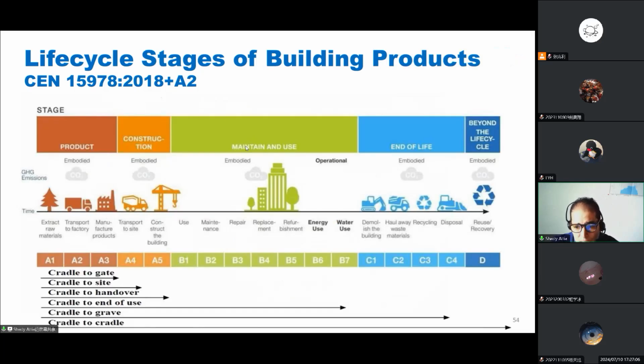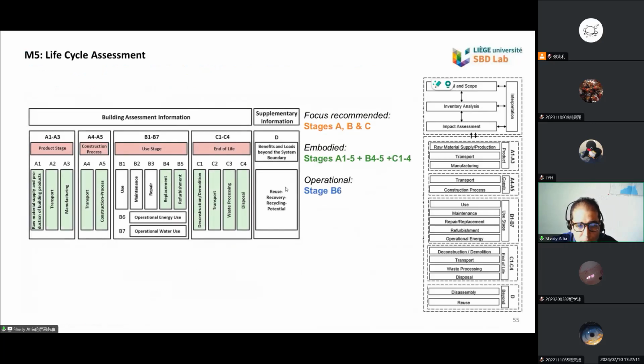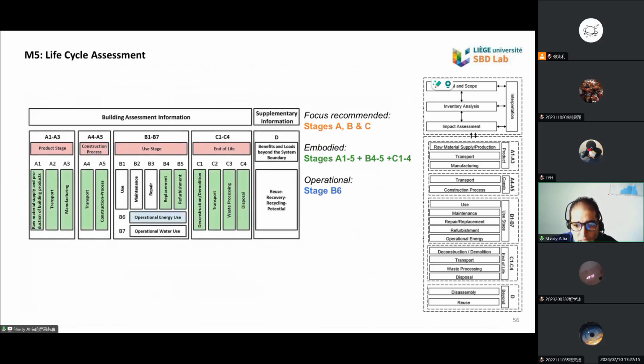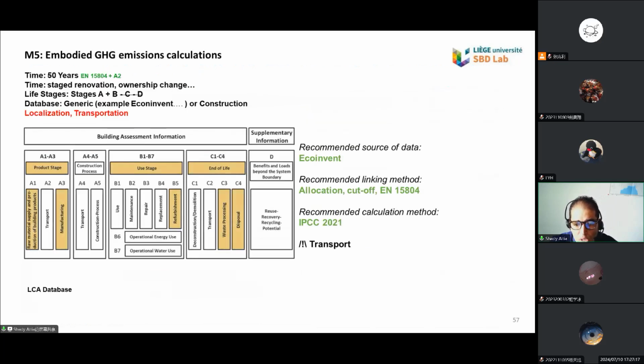Here are the life cycle stages we talked about before. It can be part of your module. And finally, here you can move on with your stage and define the stages of your calculation. Unfortunately, when we do embodied greenhouse gas emissions according to the European Standard 15804, we have to only calculate the greenhouse gas emissions for 50 years. And we can take the life stages A, B, C,